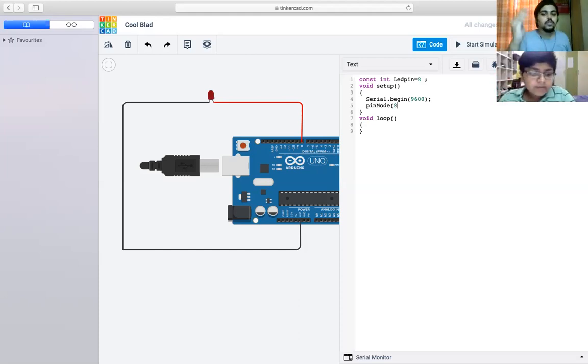So we put a comma and write OUTPUT fully in capital. The nature will be totally in capital, since it's an output device. Give a closing bracket, and then a semicolon.